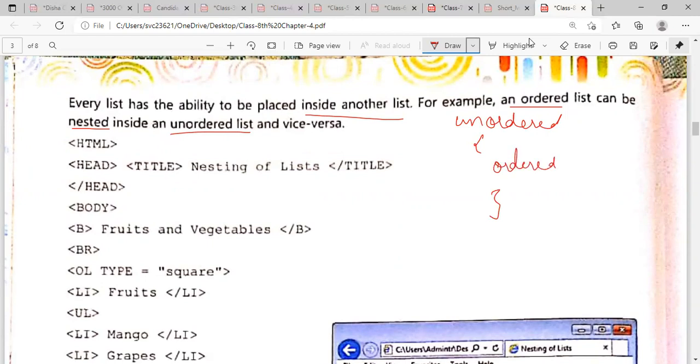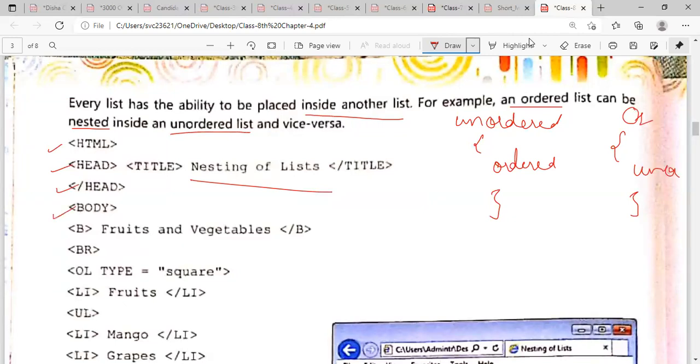And you can also take the opposite case: you can take an ordered list outside and an unordered list inside.